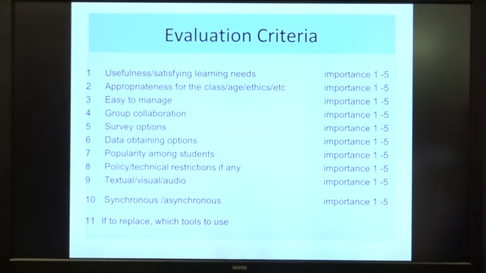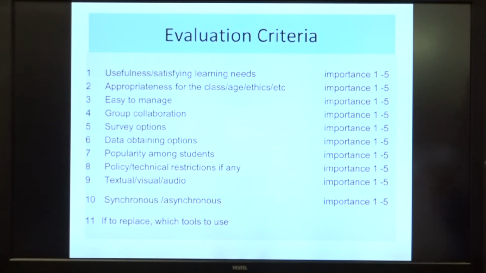Which social media to use, and how to make a decision on the selection of a social media tool? We suggest here a series of criteria which, from our point of view, will be helpful to follow and then to apply for evaluating social media. So they are: usefulness and the ability to satisfy learning needs within the online tutoring; appropriateness for the class, age, ethics, and so on; ease of management; possibilities for group collaboration; the options of survey and collecting information, assessment and evaluation, data obtaining options;